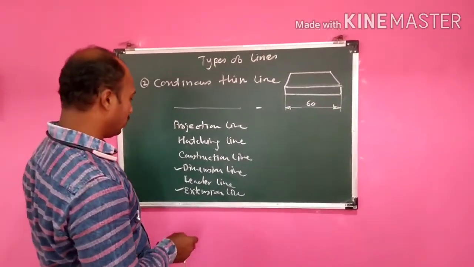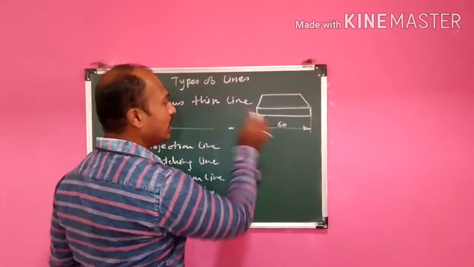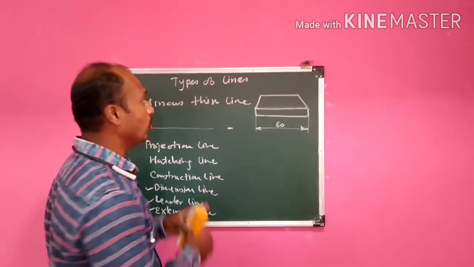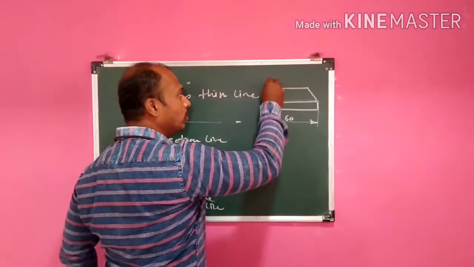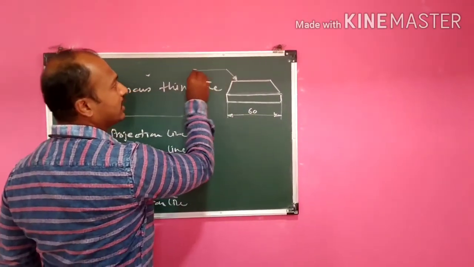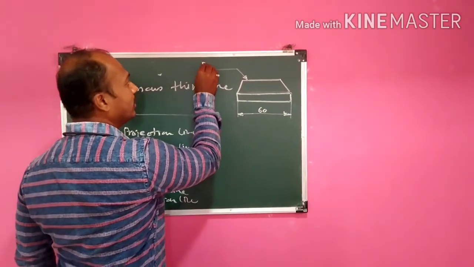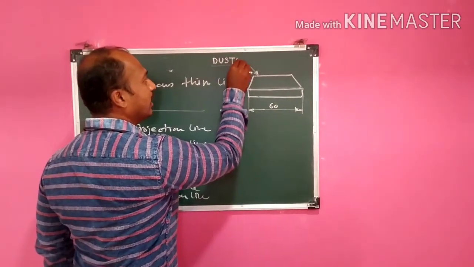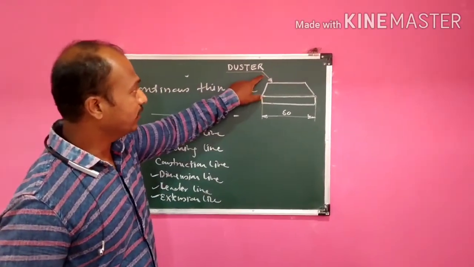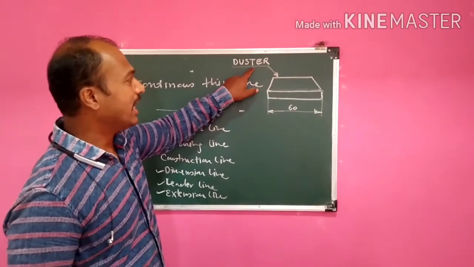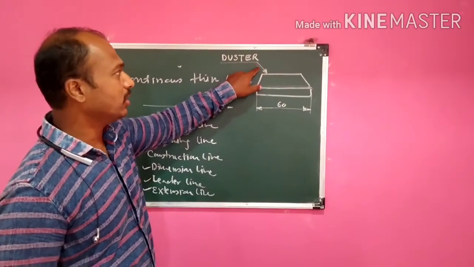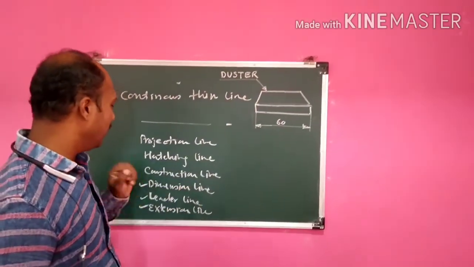Then another one is the leader line. Leader line means what? See, if I want to assign a name to this duster, when we give a name to any object, how do we give it? So I put one line here like this, then I put the arrowhead here, and I draw it like this, right? And we put the name on its line, duster. So this line is known as a leader line, because this line leads to something. This line leads to something, that is the duster. This object is a duster. So this line is known as a leader line.